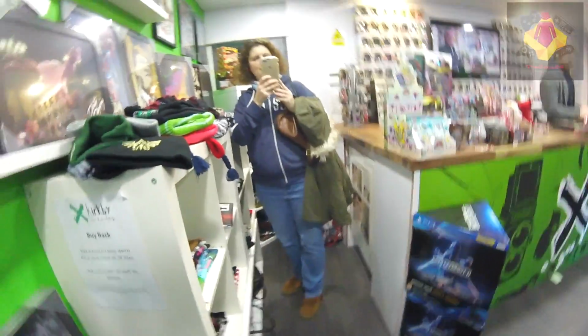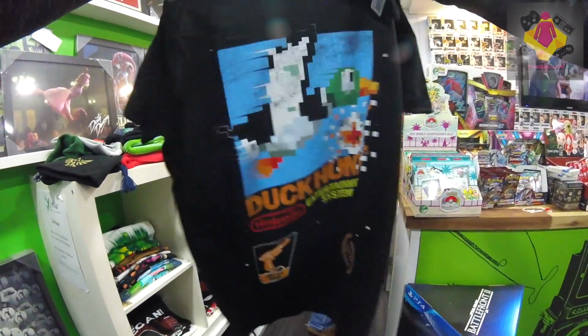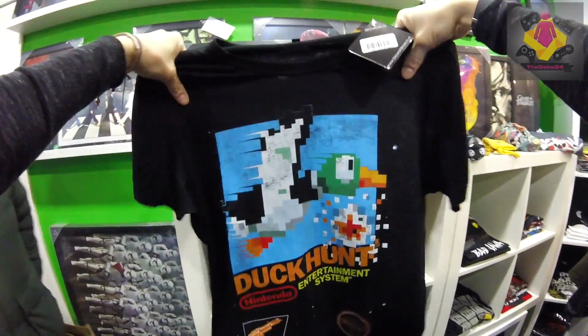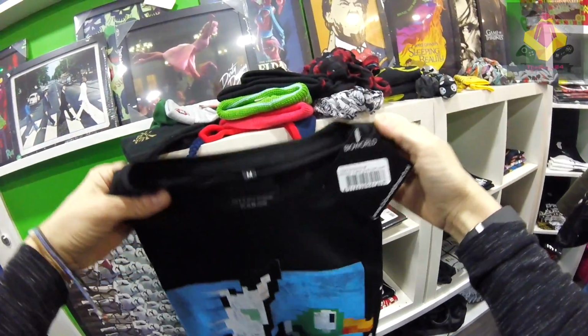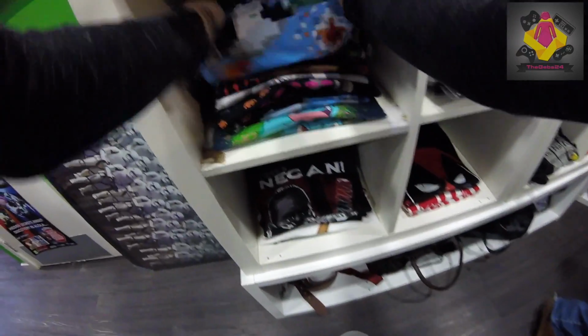And this was the t-shirt I was talking about, the Duck Hunt t-shirt, which was epic. I think Jess was just taking a daft picture there. I think that was pretty darn sweet, mate. An absolute classic NES game from my childhood. That is so cool. You got your prints at the back there, loads and loads of cool stuff, and I think Fran really enjoyed